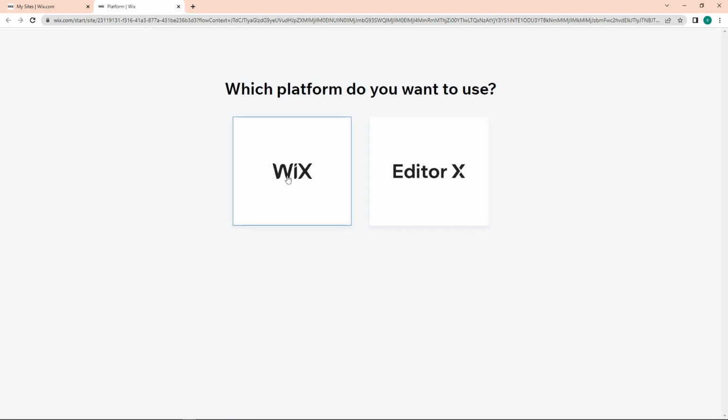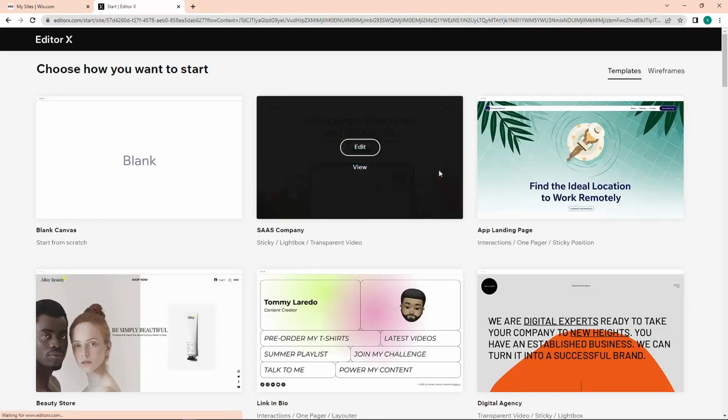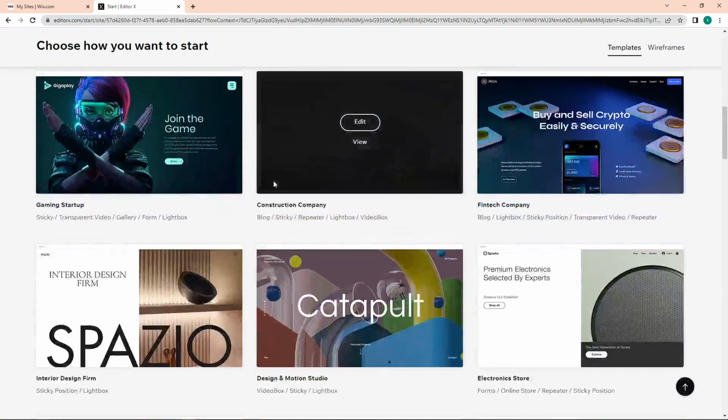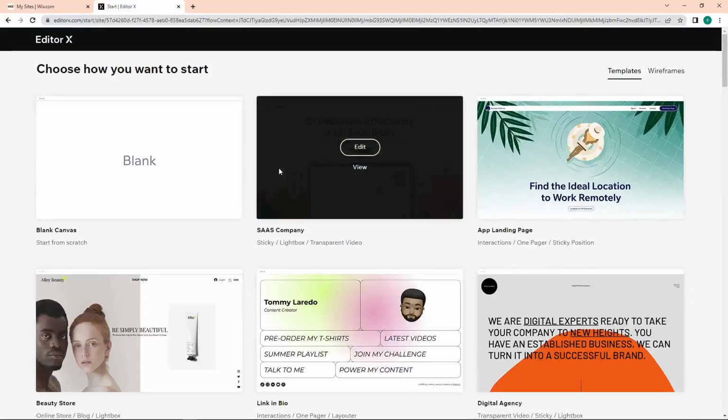In this additional window, you have to choose what platform you want to utilize. So we have two choices here. Either you use the built-in editor in Wix or you use their newly added feature, which is the Editor X. So click on the Editor X, and here, available templates that you can use will appear. That will definitely make your website making process easier. But of course, what we want to choose now is the blank canvas. So tap on the first one, wait for the Editor X to load,